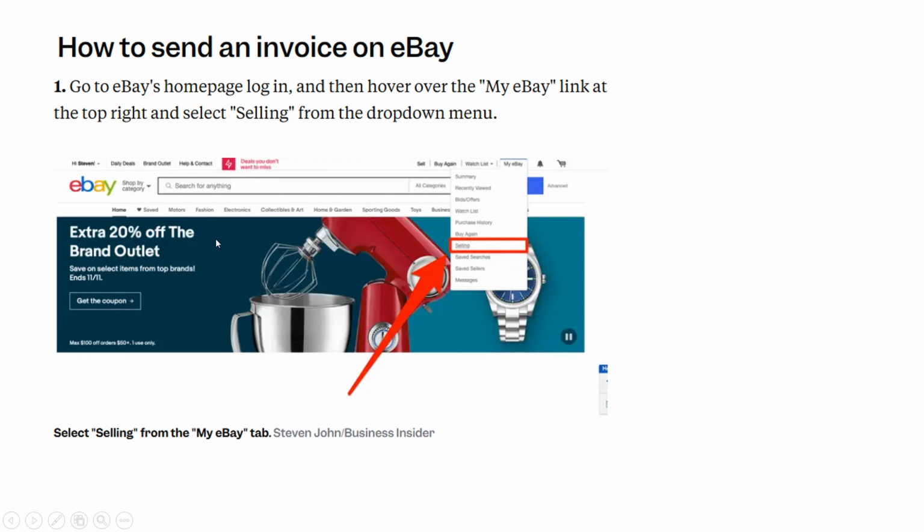Once you're logged in, direct your attention to the top right of the screen where you'll see My eBay. Click on it, and from the drop-down menu, select Selling. This is your hub for managing all your listings. Within the Selling section, you need to find and click on Sold. Here, you'll have a list of all the items you've successfully sold, and this is where you'll begin the process